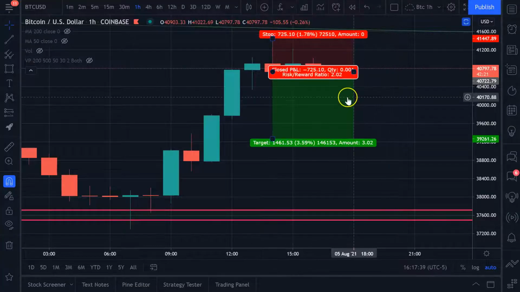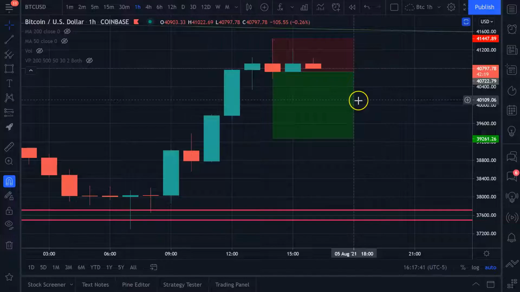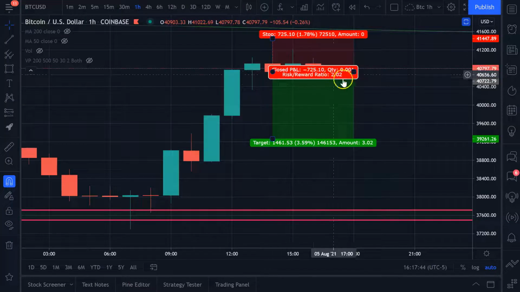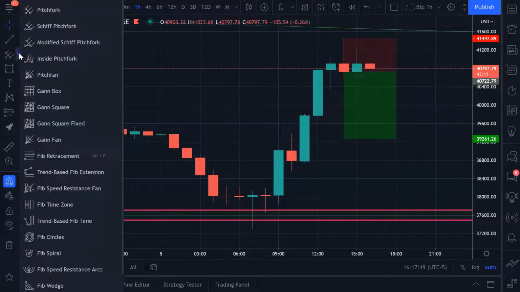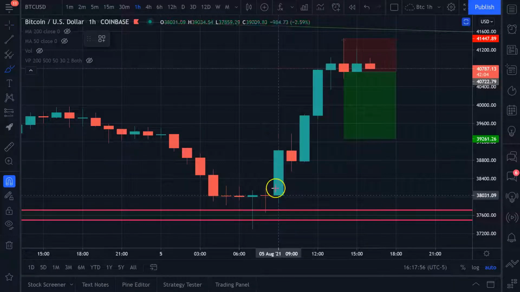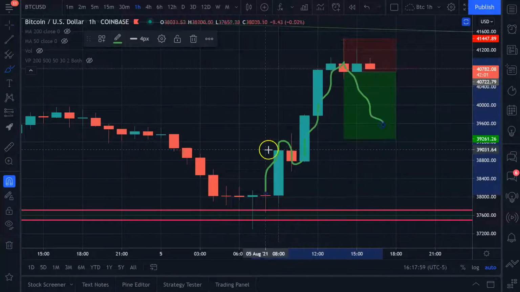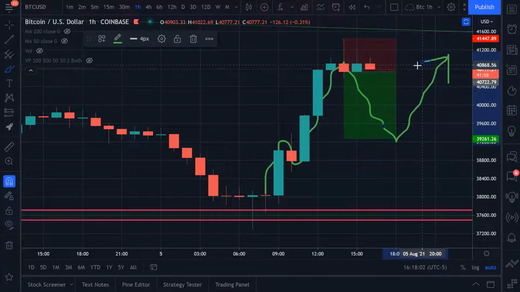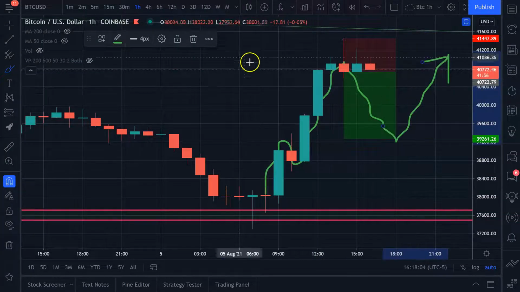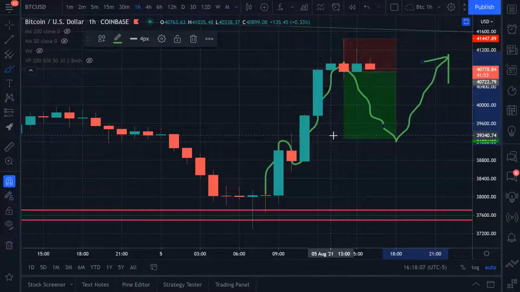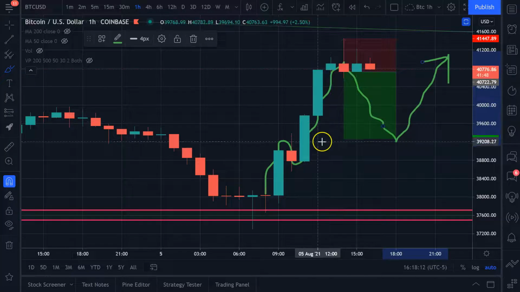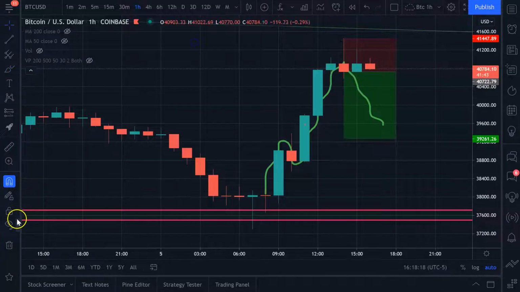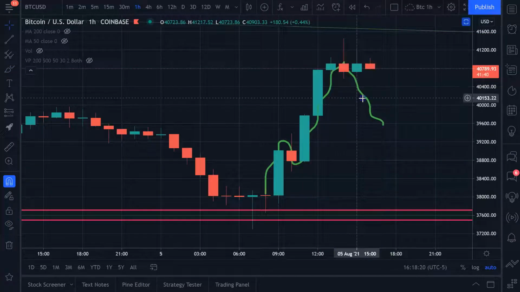And it would look something like this, right? And again, I might even think this is going higher to 45,000, 43,000, whatever, and still be okay scalping a short, because if you look, it wouldn't be abnormal to have a move that came up like this, came down, retested this area down here, and then kept moving up. That wouldn't be all that abnormal, okay? Not abnormal at all. So that's kind of how day trading works. You don't care so much about where the price is going on the big time frame. You're just getting in and out in these like 1, 2, 3, 4 hour trades, right? And then moving on.